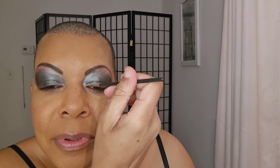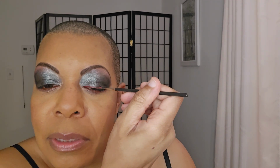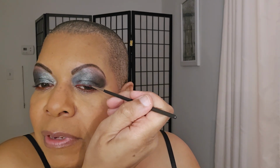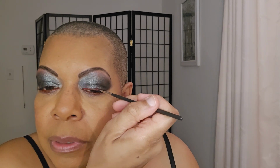it trips me out how my hairline is just so dark. And I did take the clippers again. This is Inglot number 79. I did take my clippers again just to make sure I wasn't missing it when I cut my hair. But yeah, nothing was shaving off. My hairline is really just darker than my scalp. It's just really strange, because to me it looks strange. Before I used to think, oh wow, I put on too much bronzer. But even after I wash my face, I'm just like, oh, it's just darker there,